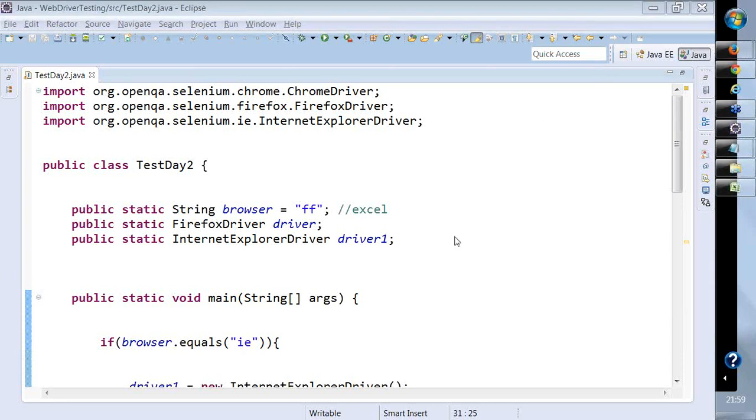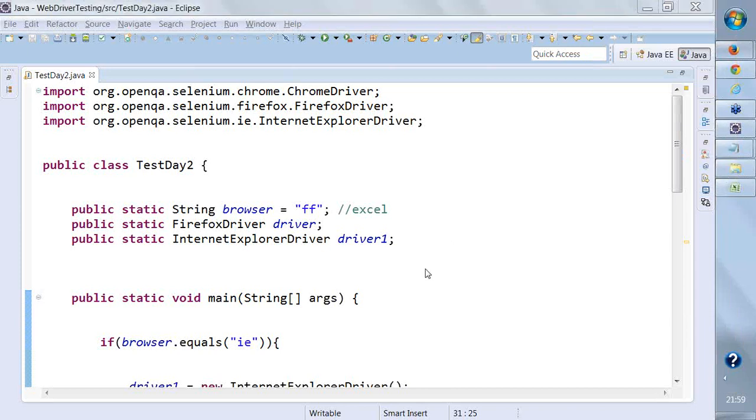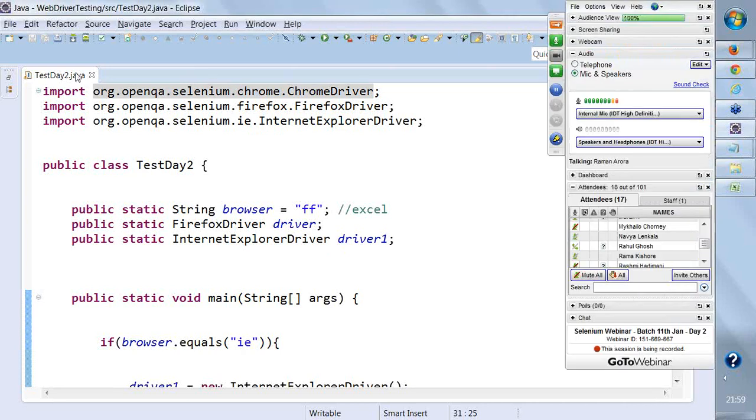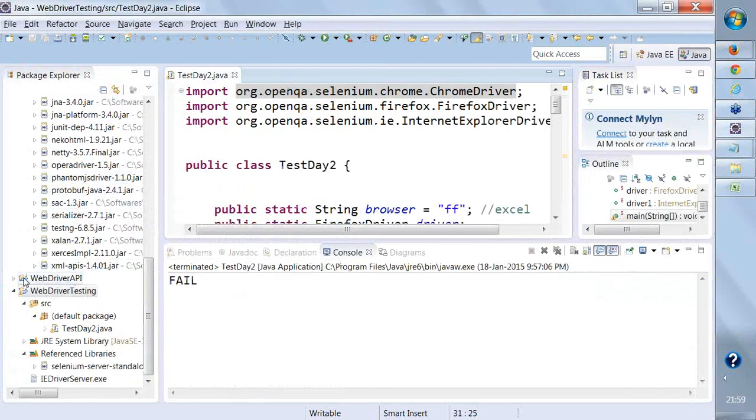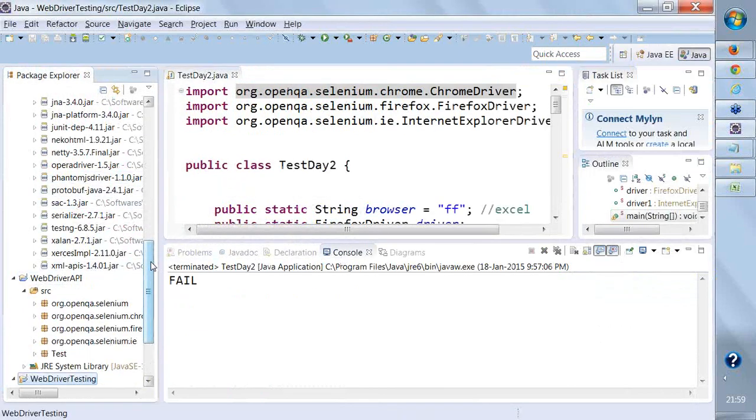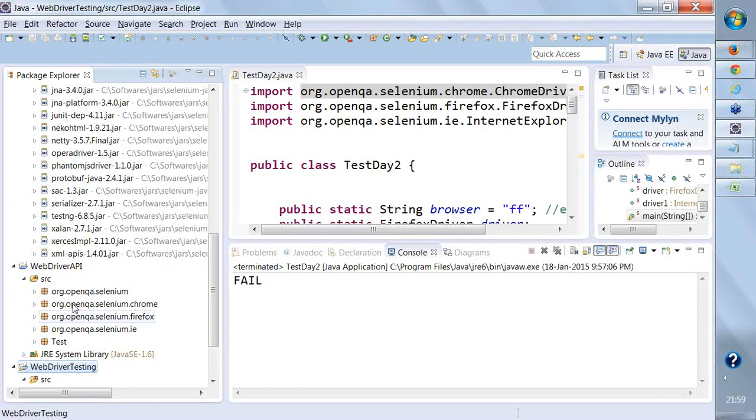Okay, anyone? I know some of you might be knowing it. How to do that? Can use the WebDriver, which is the interface. Exactly. You can assign a driver. Exactly. So that is what we have seen in our first class, that we have created an interface called